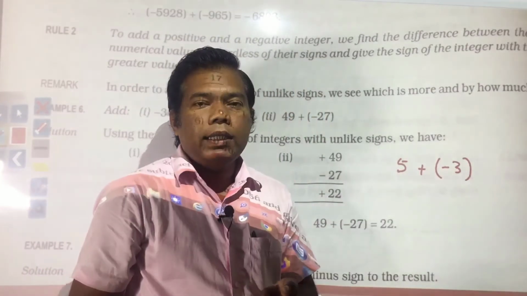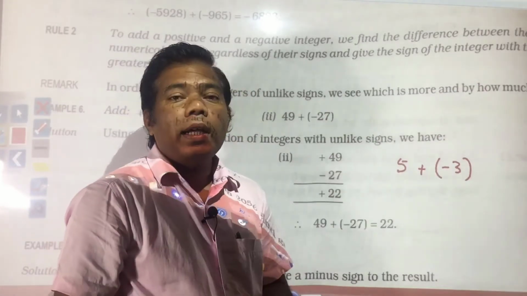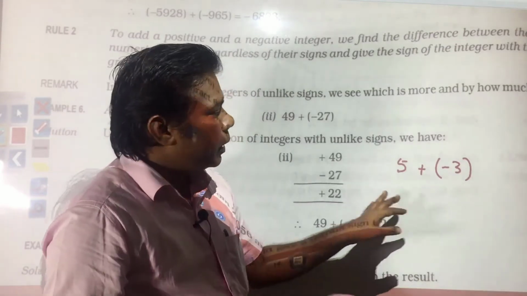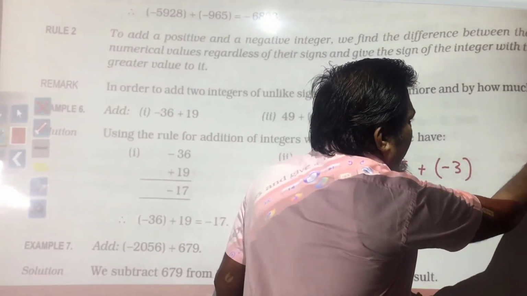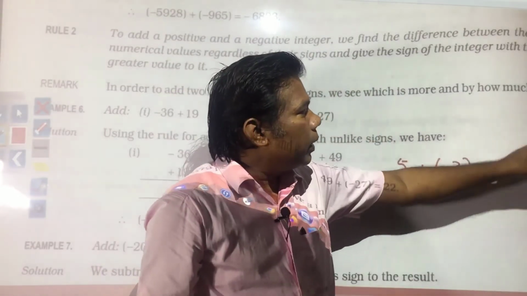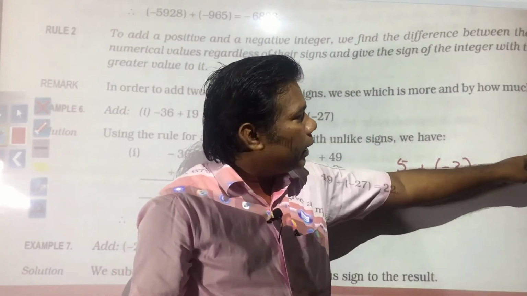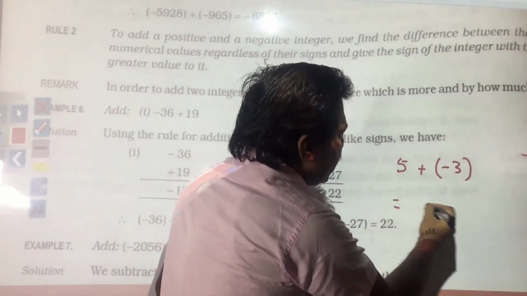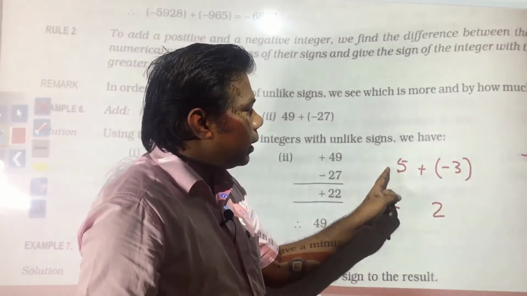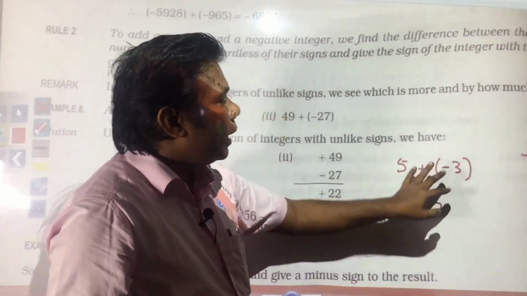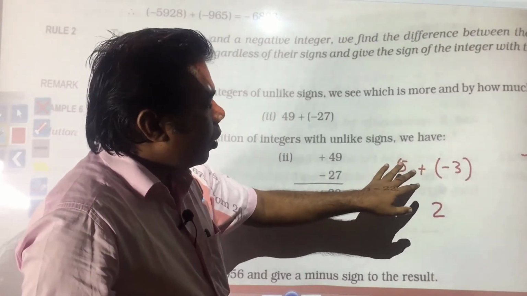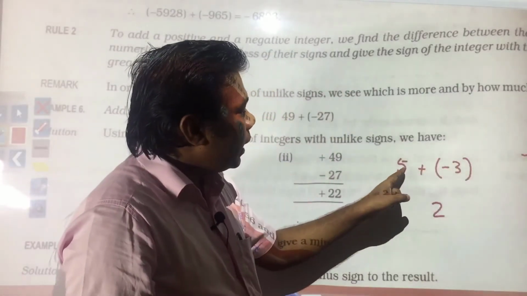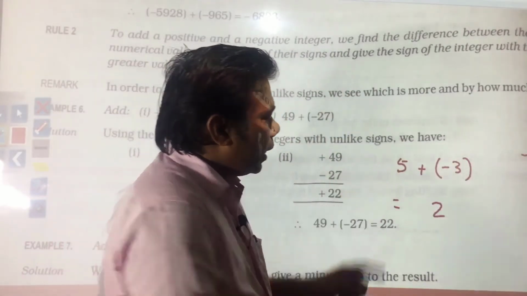What is required to be done? If two opposite signs are there, we need to subtract the smaller number from the bigger number regardless of their sign. It means if they will not be having sign, in that case your 5 is the bigger number and 3 is the smaller number. 3 is required to be subtracted from 5, so that you will get 2. Now we need to see which sign we will put, plus or minus. So we will see regardless of their sign, which is having the greater value. So 5 is having greater value and the sign of 5 is positive,